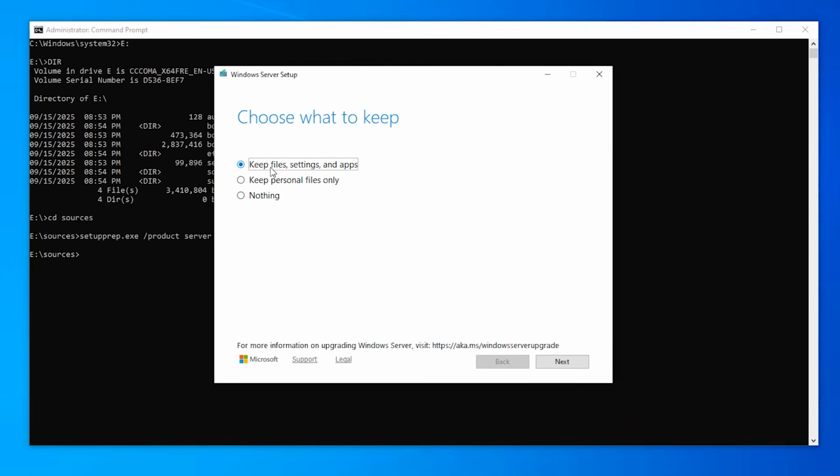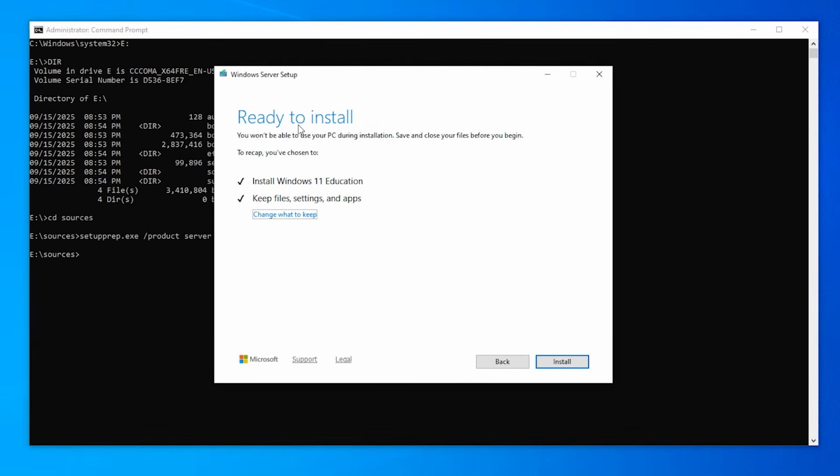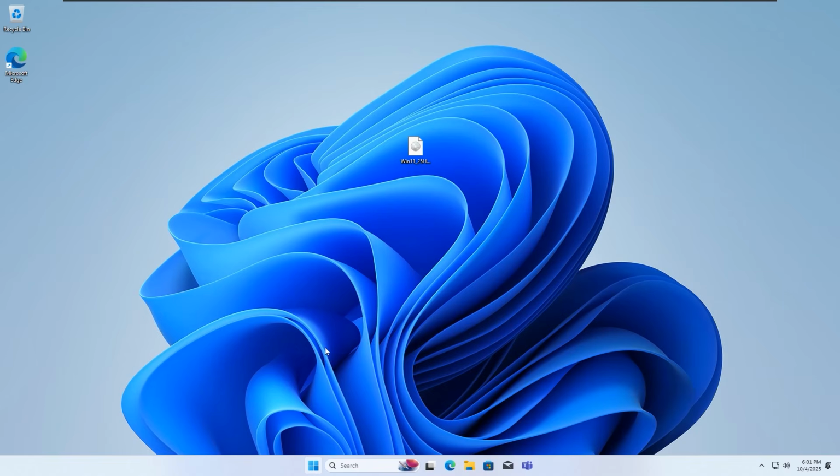Just click on accept. You can choose what to keep: files, settings and apps, and click on next. It says ready to install. Click on install now. Let the system upgrade to Windows 11. Sit back and relax. The process may take some time. Once it is done, your system will reboot and you have successfully installed Windows 11 operating system without a USB